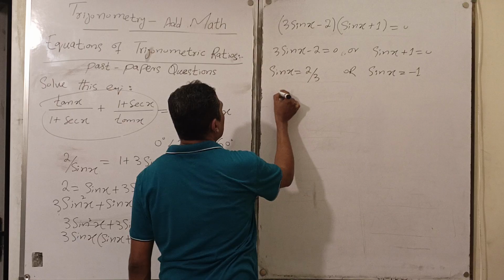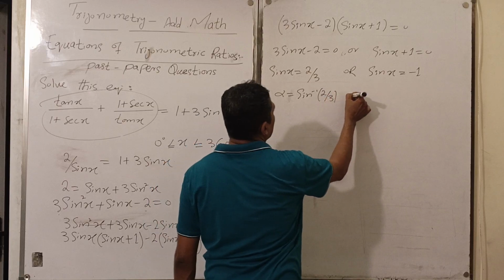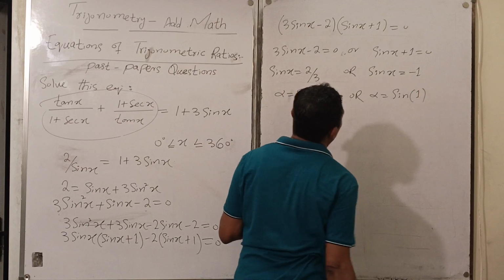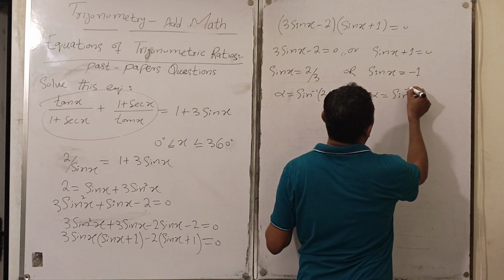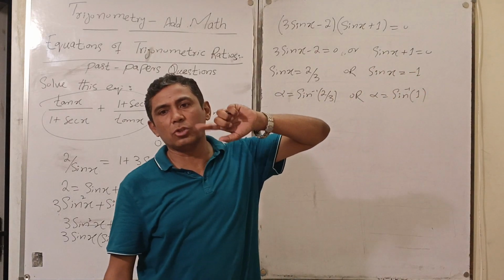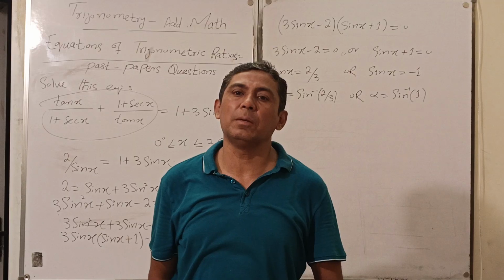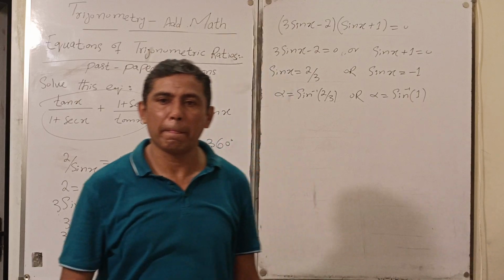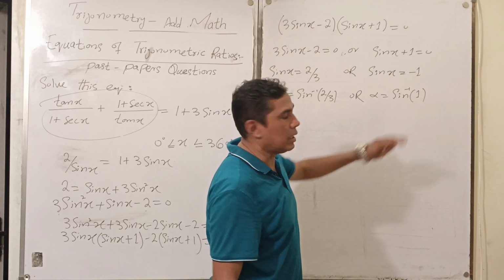तो अब ये क्या होगा? अल्फा इक्वल टू साइन इनवर्स 2 over 3, और अल्फा इक्वल टू साइन इनवर्स minus 1. तो x की वैल्यू निकाल रहे हैं ना. So now it is alpha. Again the same condition you will apply here, which I told you in my previous lecture. Clear? Always consider the positive value whenever you take a inverse. Sin inverse 1 is 90.